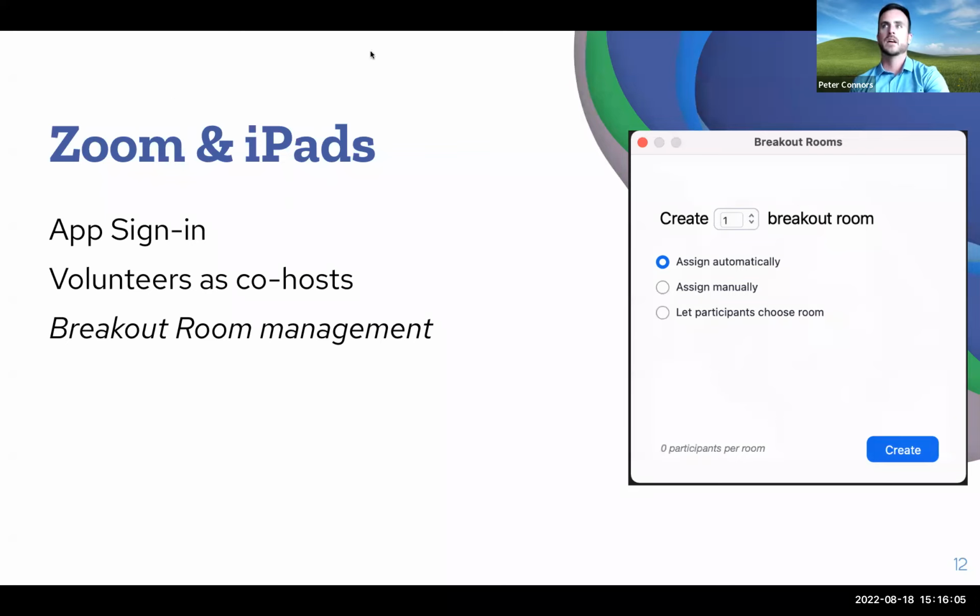breakout rooms, and you'll come up with this box that allows you to specify how many breakout rooms you want, and whether you want the participants to be assigned manually, automatically, or to choose. If people have recurring or the same reading buddies, say, over time, letting them choose can be really useful, or even something like,